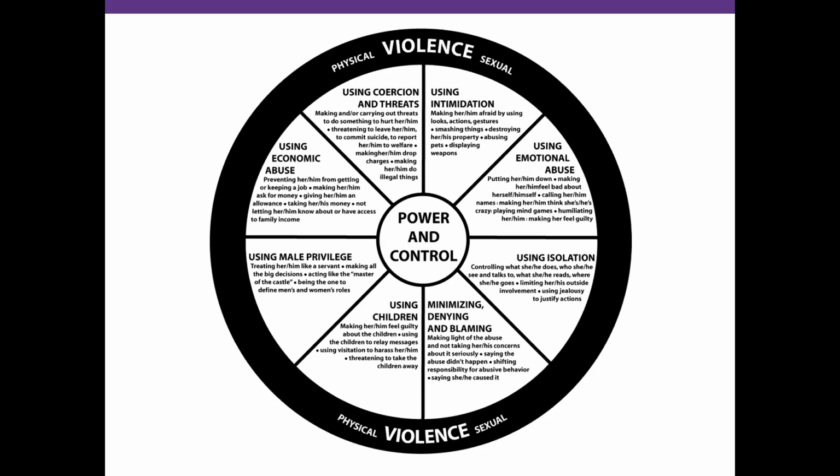It's just a good starting point for a lot of folks. And so it just has different types of abuse that folks might experience. And then on the outside is physical and sexual violence. This is also used to demonstrate that the majority of abuse that people report experiencing is not physical or sexual in domestic violence relationships. That definitely happens, unfortunately, but there's a lot of other things that happen, emotional things, using economic threats or economic abuse, using children. And so we just want to highlight the different ways that domestic violence might look.